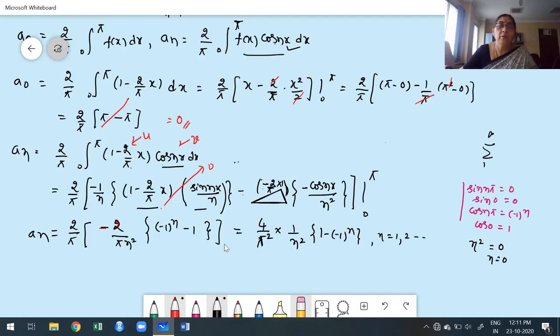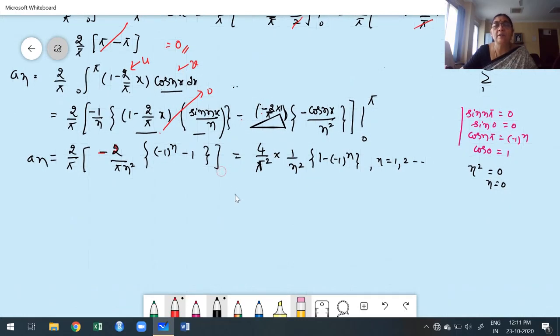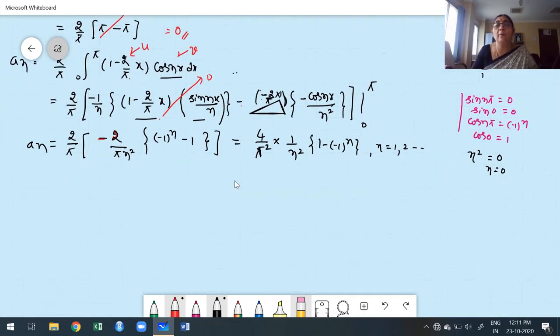Now, in one of my videos, in one of the problems, I explained this part. Whenever inside the bracket one of the terms is 1 and the other term is minus 1 to the power of n, in some cases the even cases are 0, and in some cases the odd cases are 0. Therefore, before moving to the next step, first I am going to simplify this: minus 1 minus of minus 1 to the power of n. I explained this part very clearly in my previous classes. Whenever one of the terms is 1 and the other is minus 1 to the power of n, the minus and n may be interchanged.